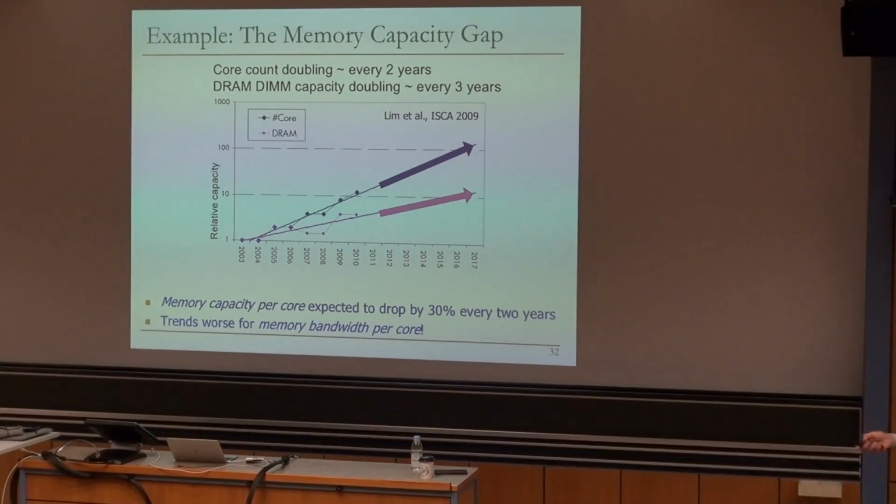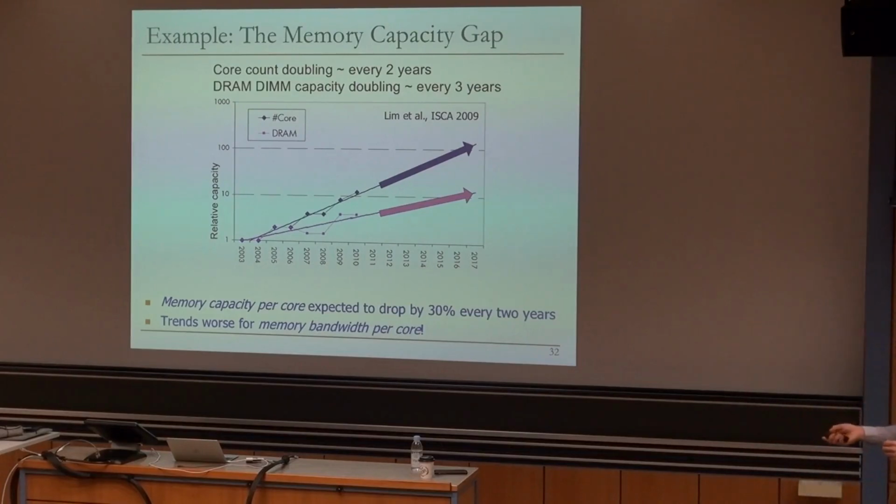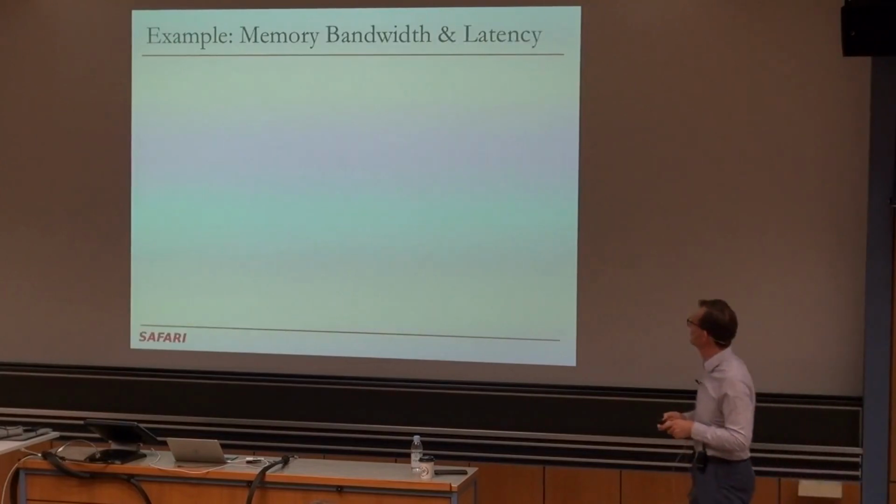Okay, and trends are actually much worse for memory bandwidth per core, and we're going to talk about that. Memory bandwidth is increasing by about 10% every year. There are jumps, of course, like when we go to 3D stack technologies, which we will also talk about, but it's not good. Basically, we know how to design cores. We can maybe write this curve nicely, but we don't know how to supply the cores with memory capacity and memory bandwidth, with data, essentially.